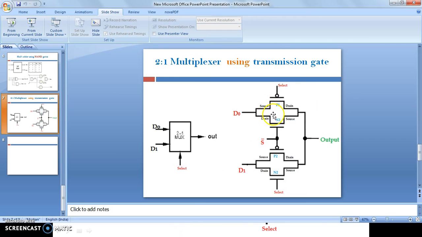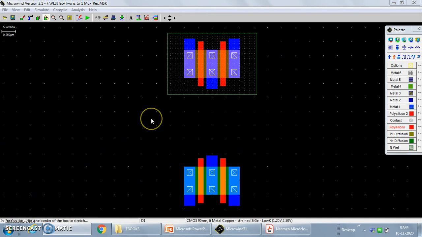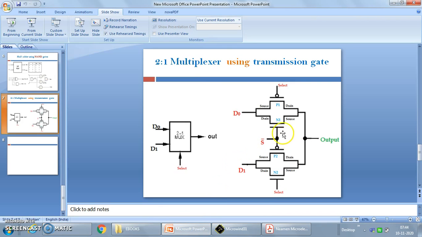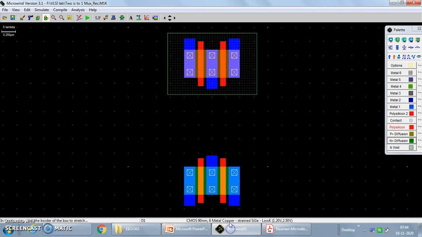Now to do the further connections, make a note: these are the two P MOSFETs and these are the two N transistors. How do we do the connections from the beginning? Let us refer to this diagram. This diagram says that the gate of P1 and the gate of N2 are provided with a common input, that is the select input, while the gate of N1 and the gate of P2 are provided with S bar. So the complementary pair transistors are to be provided with the same inputs through the gate.